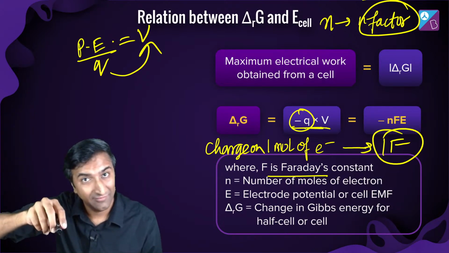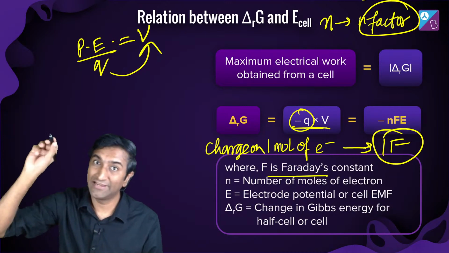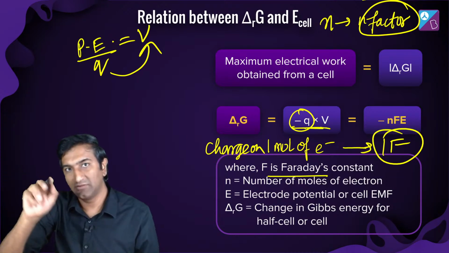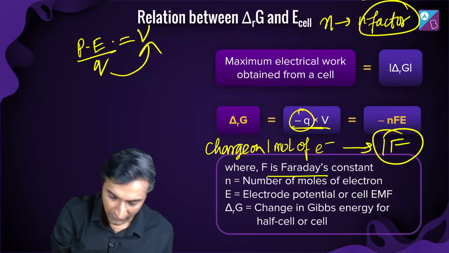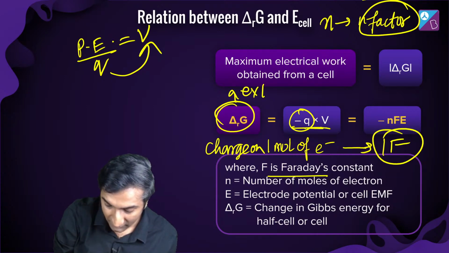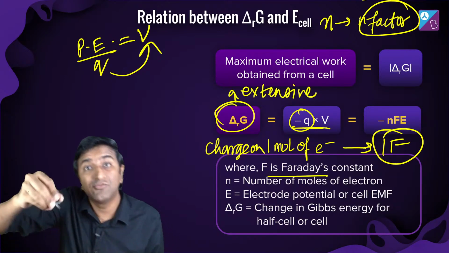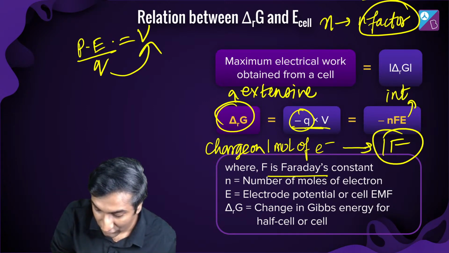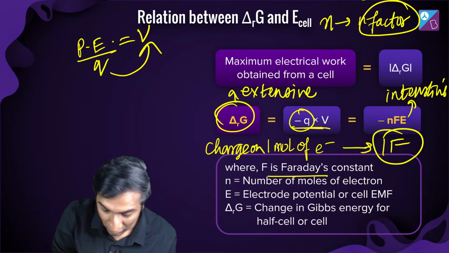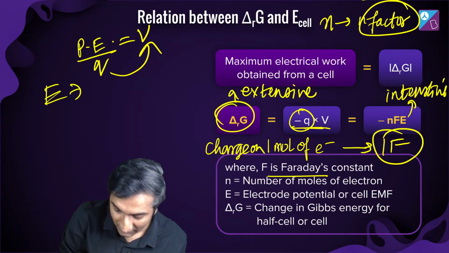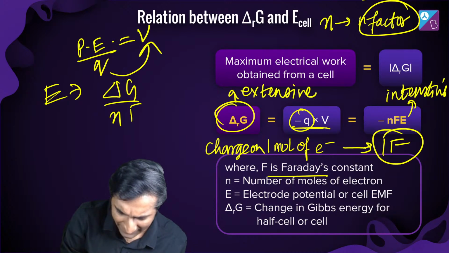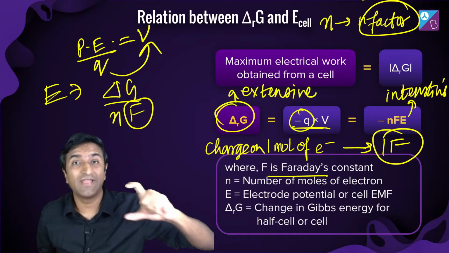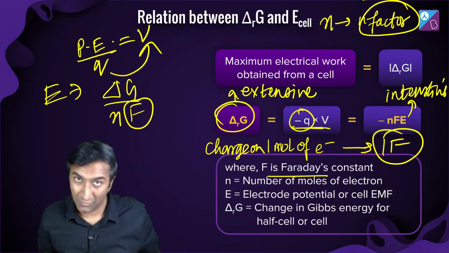N into F इसलिए कर रहे हैं क्योंकि you have redox reaction में N moles of electrons, and then into mole of charge, कितने charge होगा उसका इतना, and then into E. Why? Because this is an extensive property. Extensive property मतलब it depends on the number of moles. But this is intensive. क्यों? क्योंकि देखो, E you get to be delta G by N. F is some constant, but by N. Do you remember this? That if you divide two extensive properties, you get an intensive property.